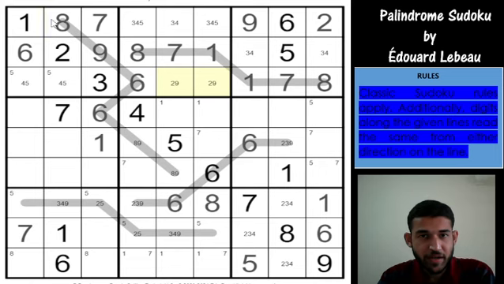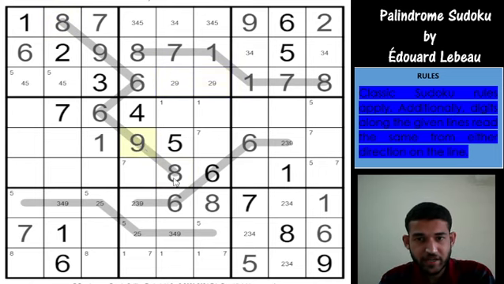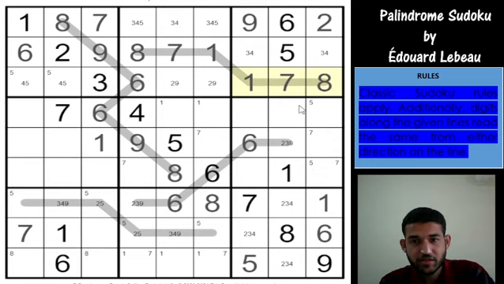Okay, using palindrome we can fill this end of the line. So that's 8 and that's 9. 8 9 6, 8 9 6. So this is getting satisfied, and similarly 8 7 1, and it reads the same in the other direction, 8 7 1. Okay, so 9 is ruled out from here. This is not 9, so that's not 9. 2 3 2 3,